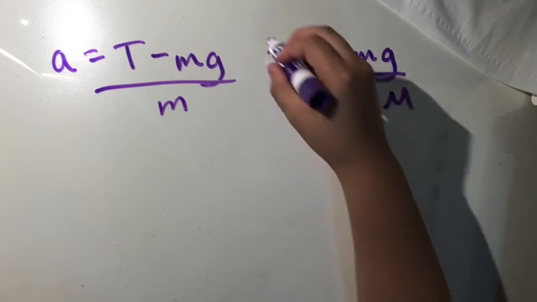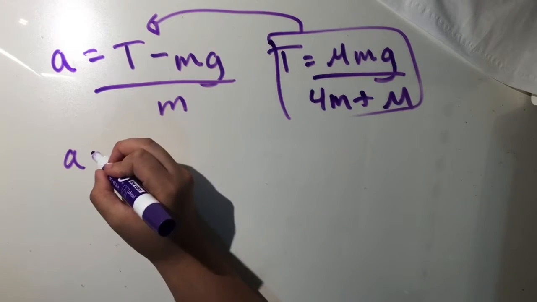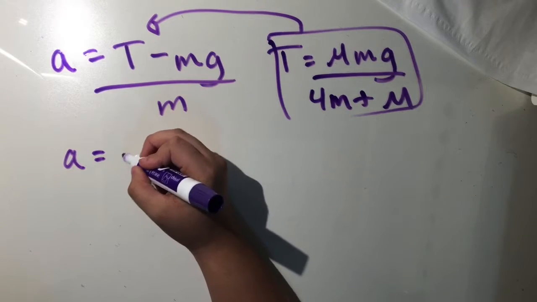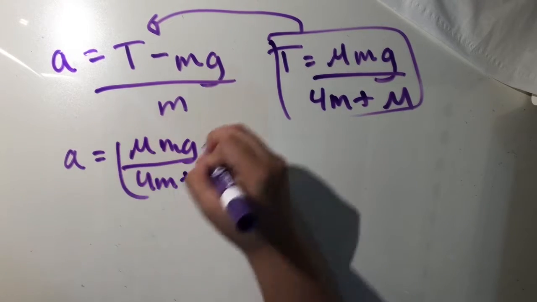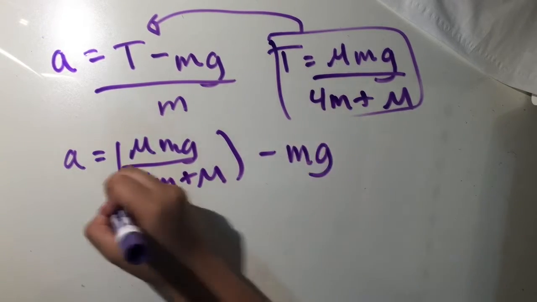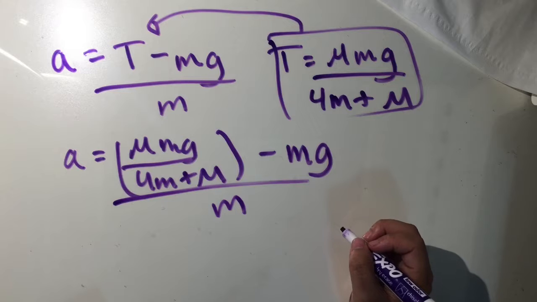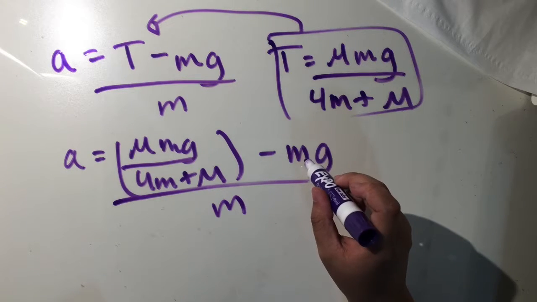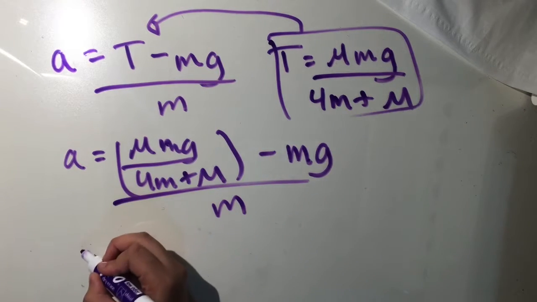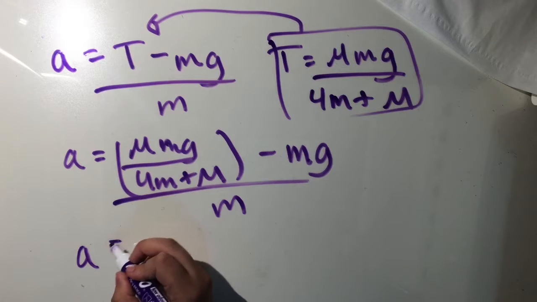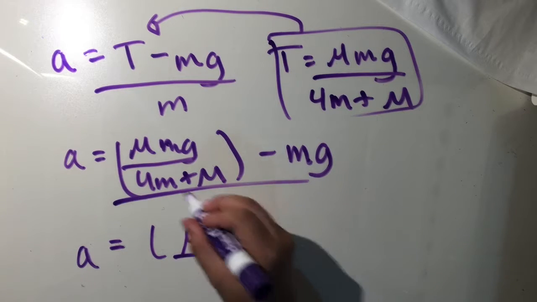Okay. We take tension and we put it into here, and we can rewrite it as acceleration equals this minus mass times gravity over m. Now there is mass of the ball on both sides, here and here. And then we could rewrite it again, but as mass of the cylinder times gravity over this